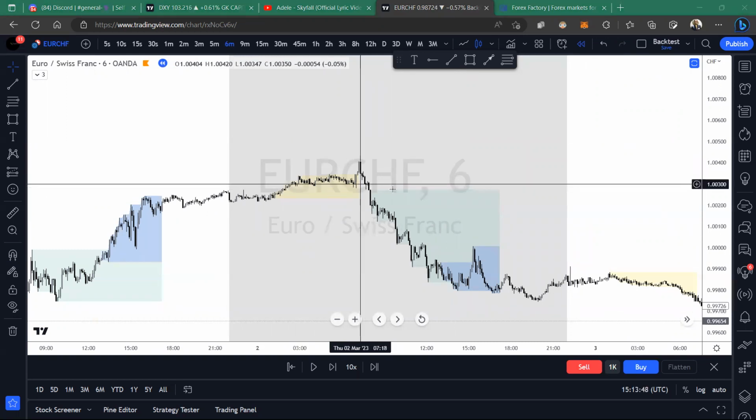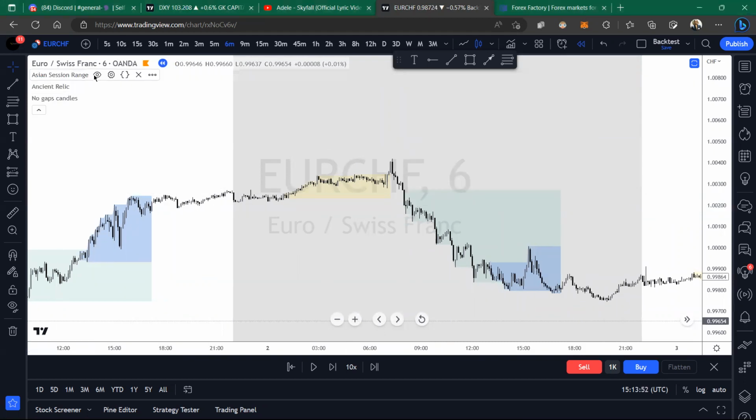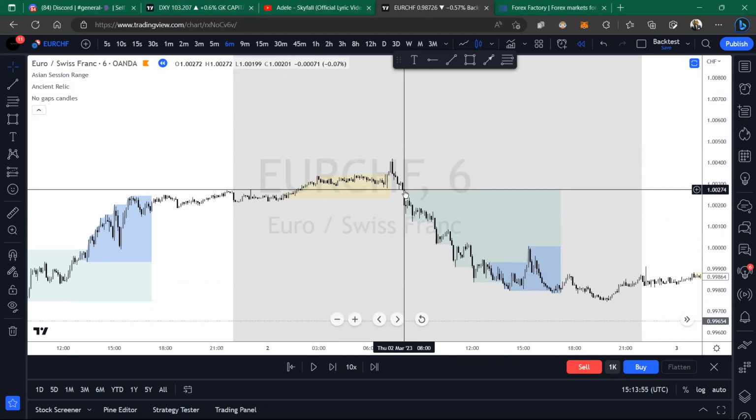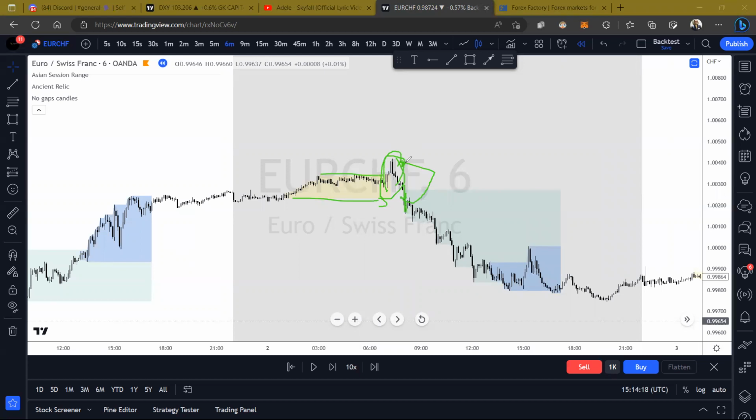I'm not sure why it's not showing me here. Okay, but anyways, this is Frankfurt Open. Okay, and this is New York. This is London, sorry. So this is Frankfurt Open. So we can see we've got the liquidity sweep, Asian high, and then we've got Asian low liquidity sweep here as well. So I actually had an alert here, and then as soon as we made this, I was hoping for price to come back up into here, because as I said, let me just see if I can pull it up. On my journal, I've had